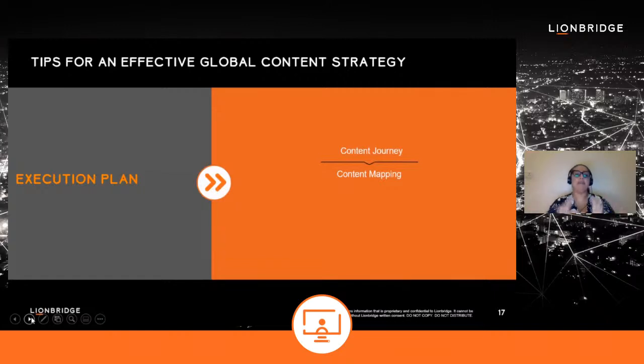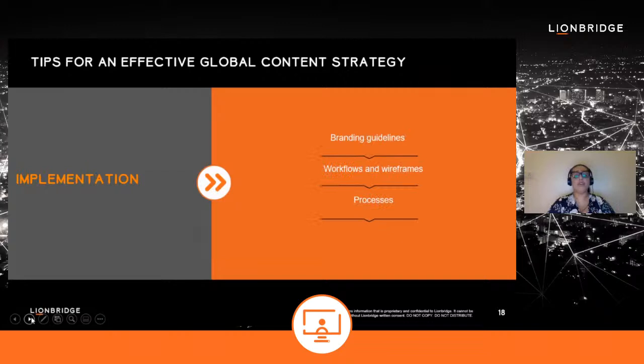The next step is implementation. Make sure you create a global branding guideline, workflows, and processes to provide guidance on what should be translated, what will mean localization, what does not need to be changed at all. Your workflows should also include efficiencies. For example, you should be able to help decide which content might benefit from automation, such as machine translation. You can create these efficiencies by using an integrated technology stack and streamlining processes.